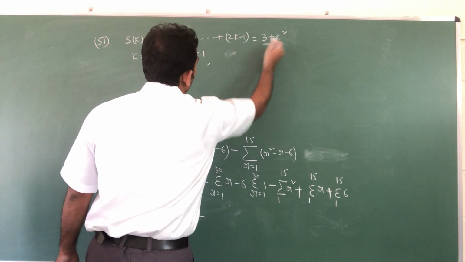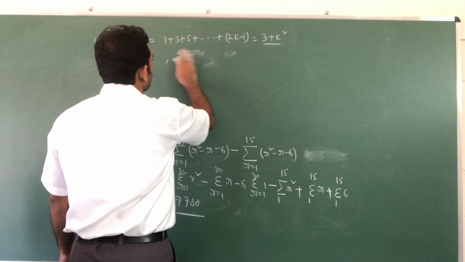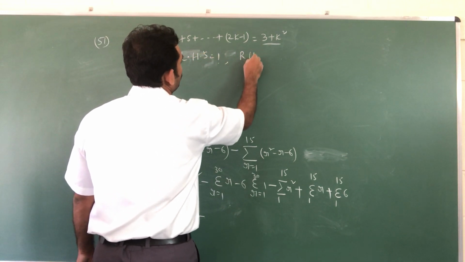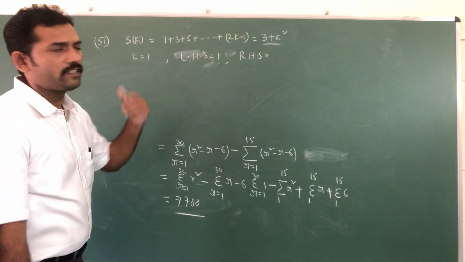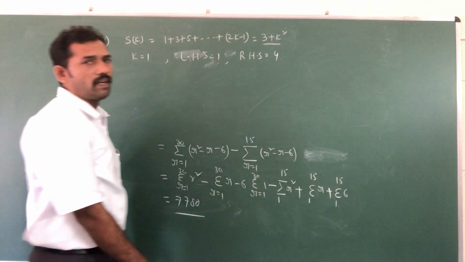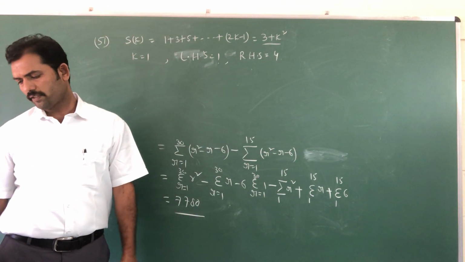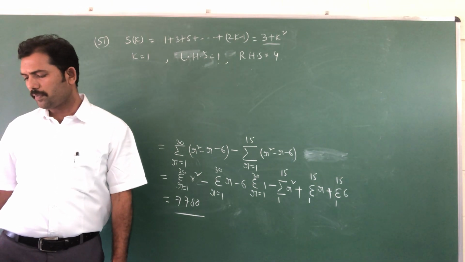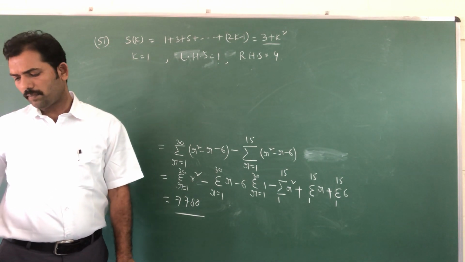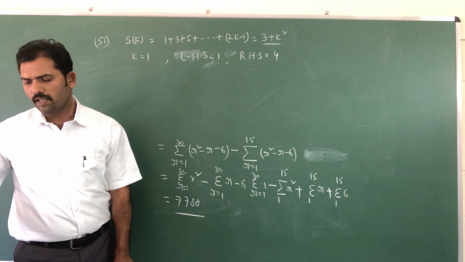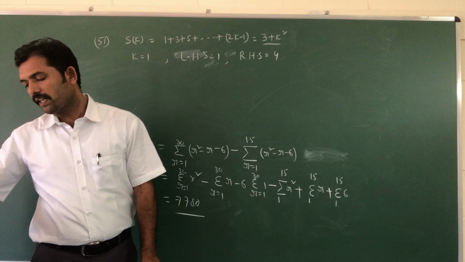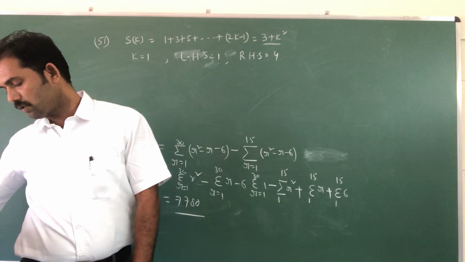In S1 is equal to 1, how much do we get? LHS value is equal to 1. RHS is equal to how much? Same like mathematical induction, we have to check. With k is equal to 1 substituted, it becomes 4. The two are not equal. So S1 is not correct. So the principle of mathematical induction cannot be used to prove the formula. So S of k is not equal to S of k plus 1. Same like that you have to check the last point, that S of k implies S of k plus 1 is correct.